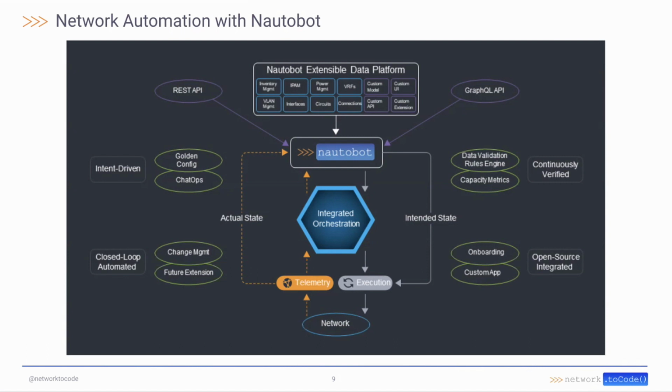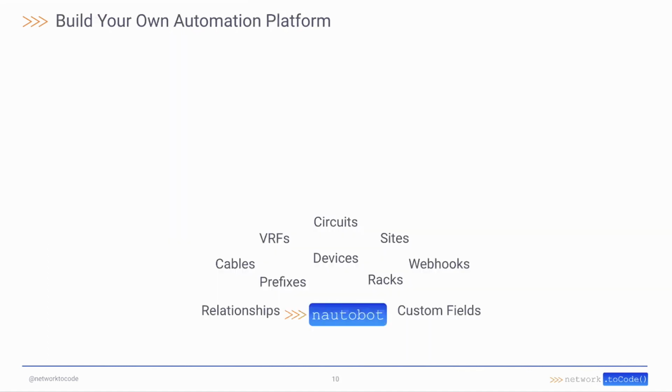So that's where the app platform really comes into play, is enabling these sorts of solutions, whether it's golden configuration for making sure that the standard configurations that are deployed on our network are actually true and correct and validated. Change management practices for how do we actually make sure the data that is in Nautobot is correct and has gone through approval processes and so forth. Onboarding of devices to various monitoring and management systems, and on and on and on. There's all sorts of point solutions that are necessary to build a holistic platform. And that's where Nautobot as an application platform really shines.